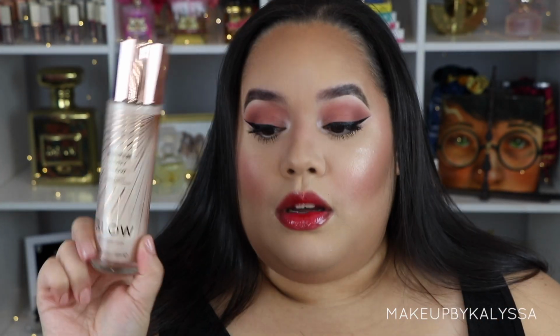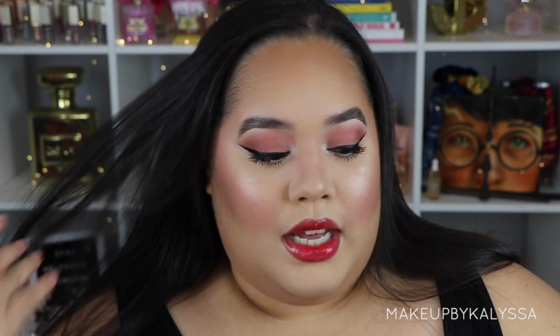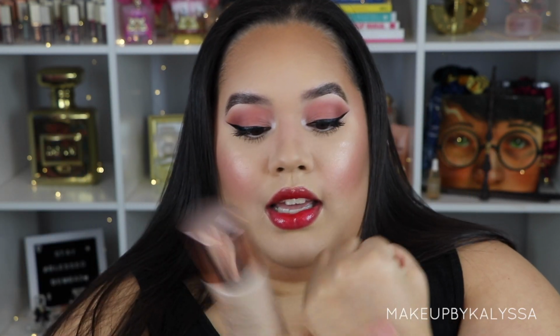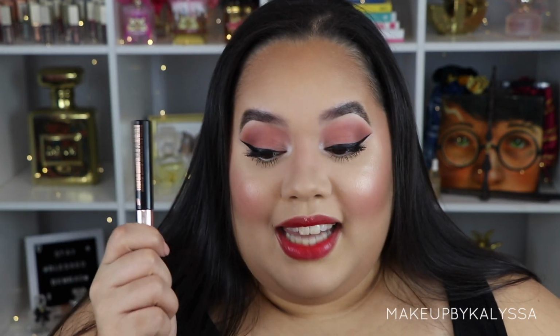I didn't use the body glow just because I don't really like liquid illuminators for my face. It always separates my makeup, so I will try this out in another video when I put it on my body, but I did put it on my hand and it was very smooth. So I like this. Surprisingly enough, I did like the liquid liner,